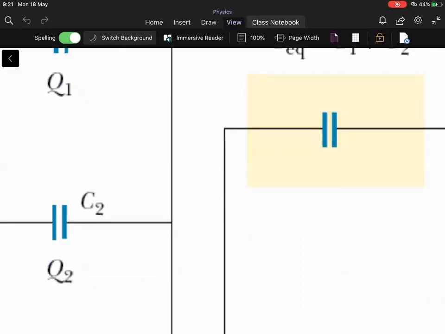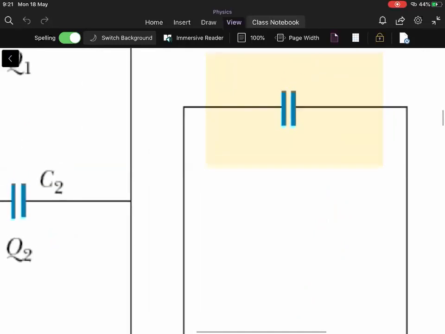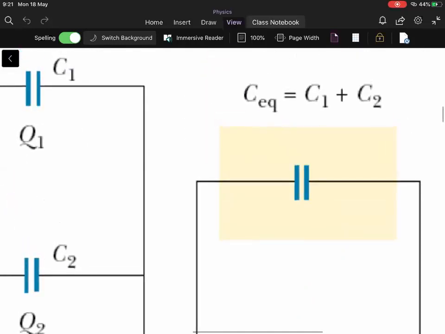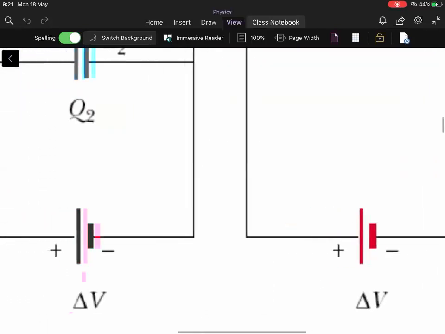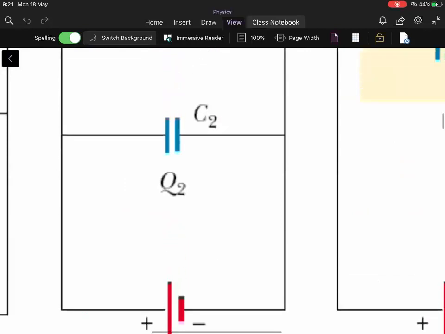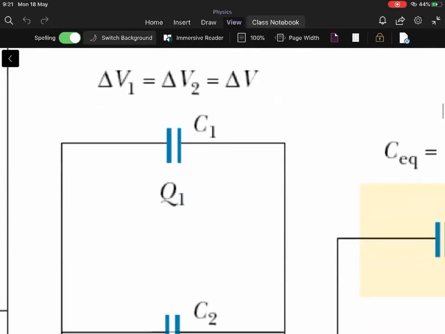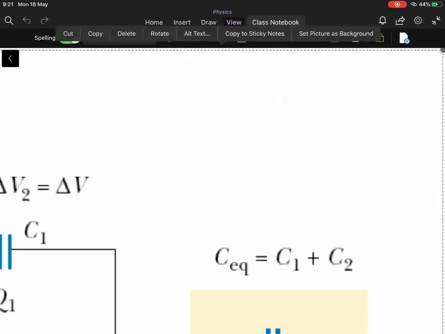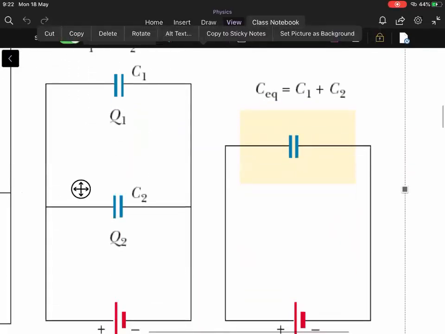So total charge that flows through this battery is Q1 plus Q2. Because when you connect this battery, Q1 charge and Q2 charge respectively will flow out of the right plates. That total charge will pass across this battery. From this battery, it will then deposit onto the left hand side plates of both capacitors. So plus Q1 and plus Q2 on the left and minus Q1 and minus Q2 on the right. This is what is going to happen.